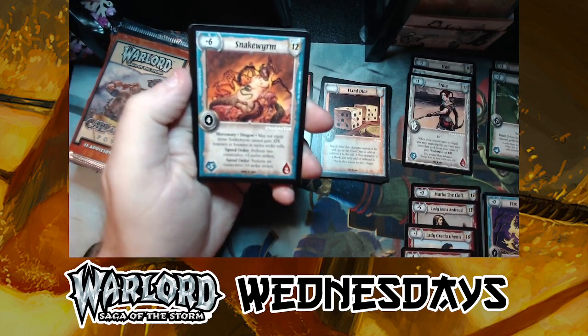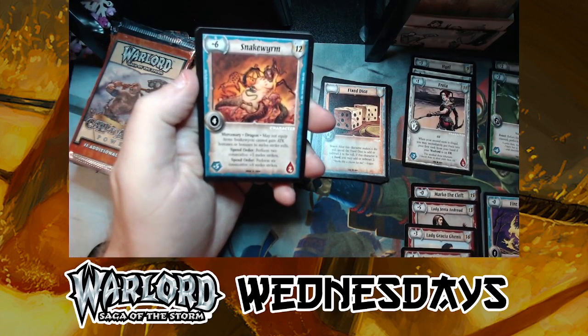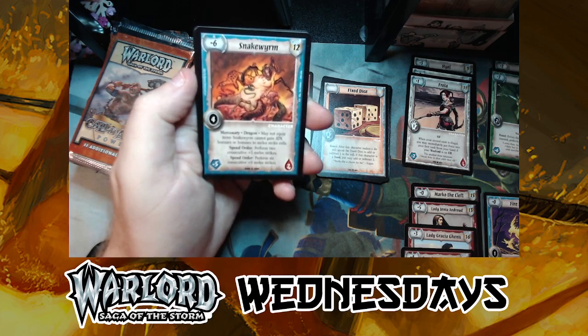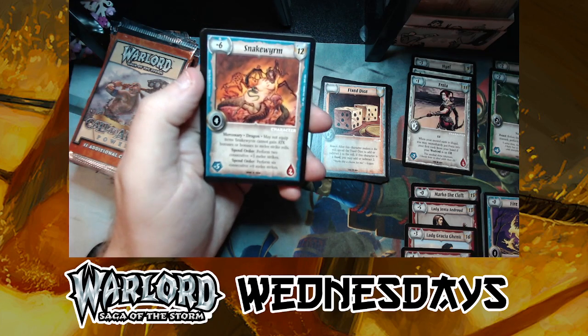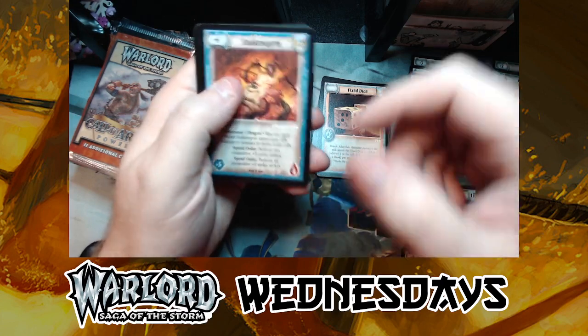Ooh, Snakeworm. It's a dragon. Ooh. +6, 12 armor class. That's kind of low. Can I gain attack bonuses to melee strike rolls? Spend order. 2 consecutive +3 melee strikes. Or perform 6 consecutive 0. Oh my. No wonder. Only 2 hit points, but...